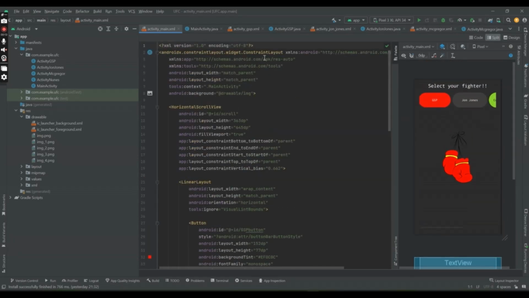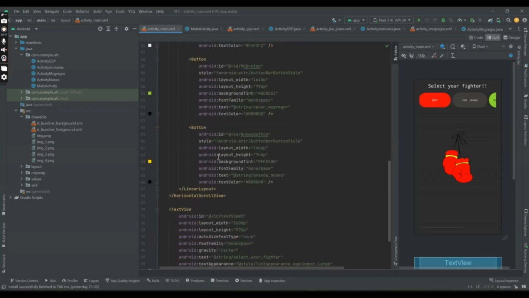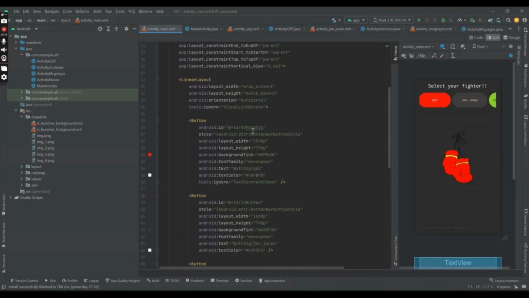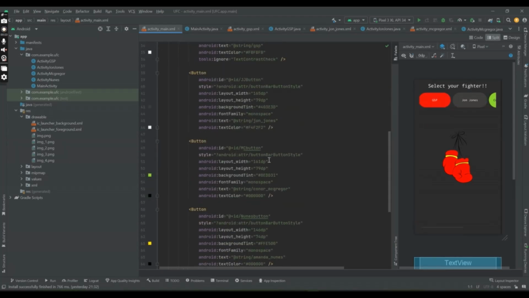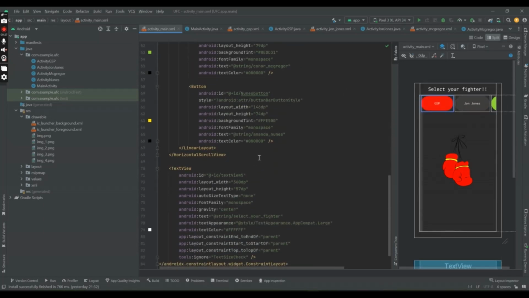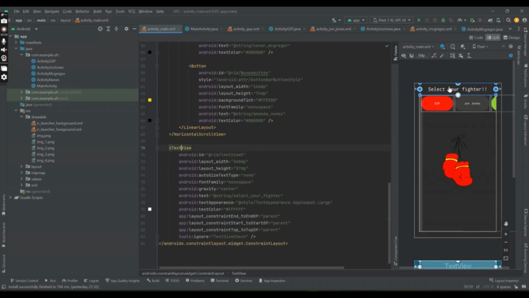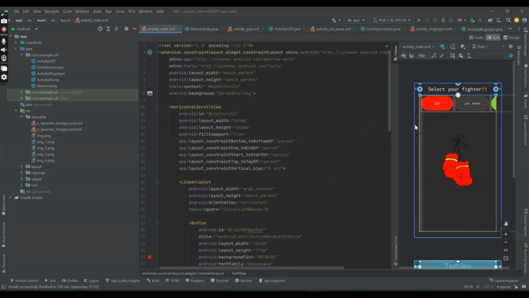There's a linear layout used out here. This whole thing is actually a constraint layout, and there's a linear layout used in between just for the buttons. And then there's 4 buttons, each for different fighters: GSP, John Jones, Conor McGregor, and Amanda Nunes, which you can scroll through. And then there's just a text view saying select your fighter, and of course a background just for a